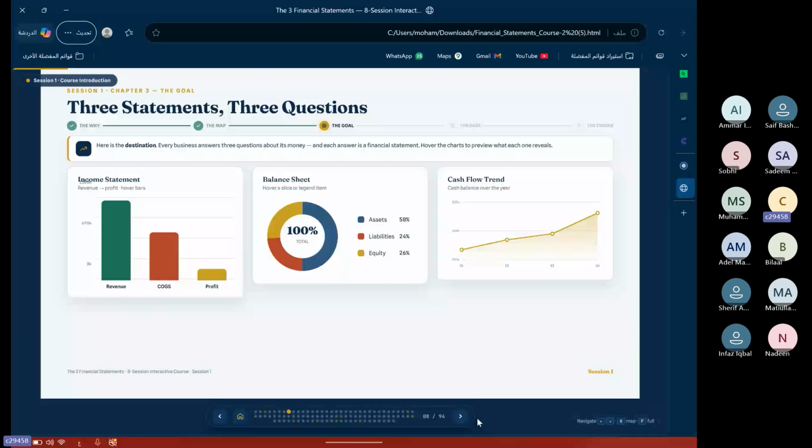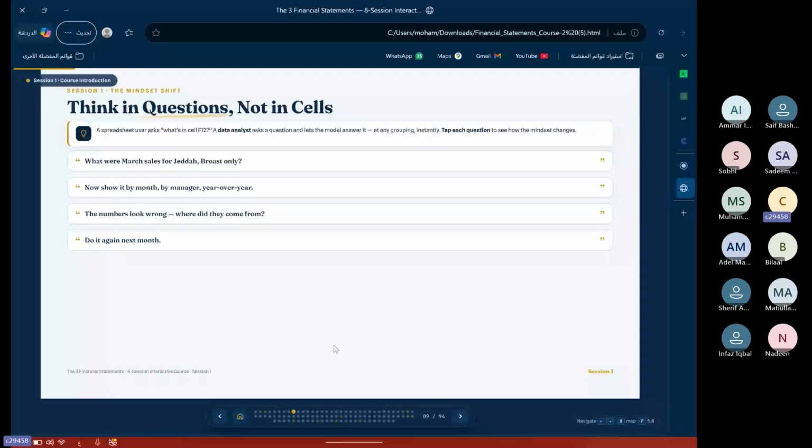Okay. Now we will go to the mentality of data analysis. How you should change your mind from someone dealing with normal Excel to someone who will build a database and have everything in one sheet, so that he can answer any question to anyone with just a few clicks. He has a database. He has all the data from all dimensions, and of course, it's updated.